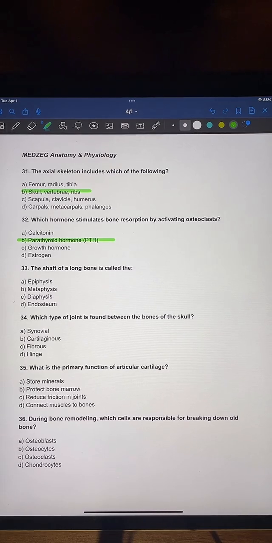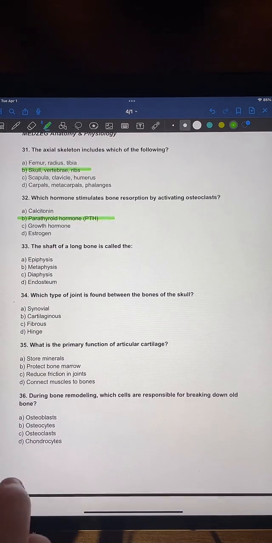So whenever parathyroid hormone is released to increase blood calcium levels, that stimulates osteoclasts, again, which chew, break down bone. When we chew and break down bone, it releases calcium into the bloodstream to increase blood calcium levels. Calcitonin, letter choice A, would be the opposite of that. It would inhibit osteoclasts, and it would reduce calcium levels.